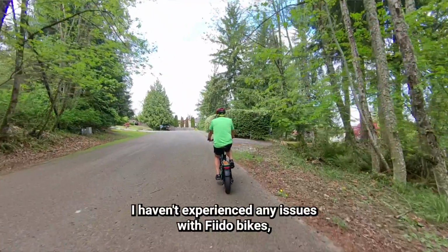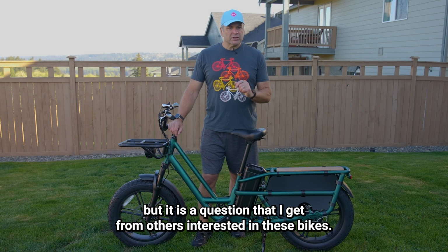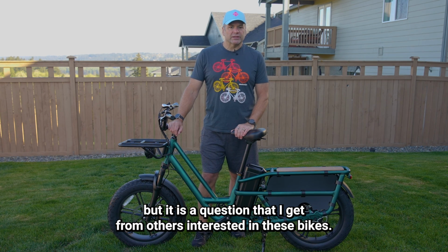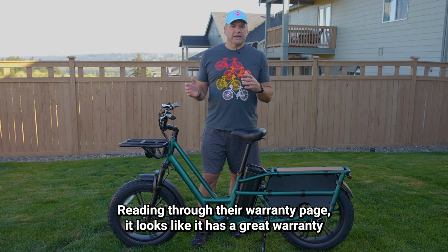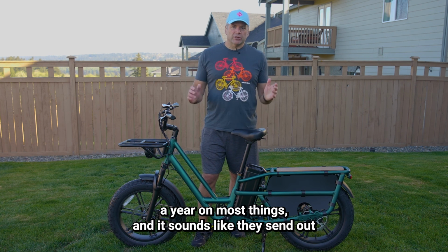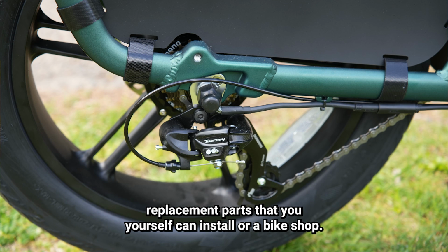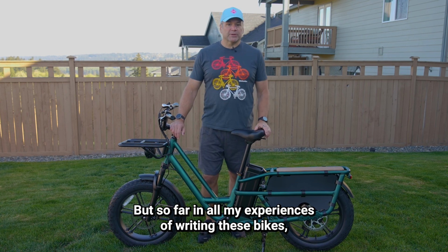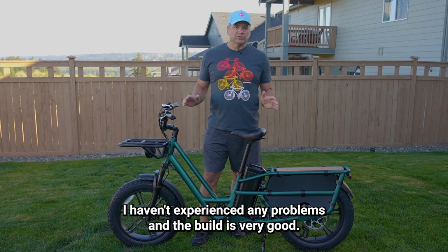I haven't experienced any issues with Fiido bikes, so I can't really comment on the customer service, but it is a question that I get from others interested in these bikes since it's not a US-based company. Reading through their warranty page, it looks like it has a great warranty, a year on most things, and it sounds like they send out replacement parts that you yourself can install or a bike shop. But so far, in all my experiences of riding these bikes, I haven't experienced any problems, and the build is